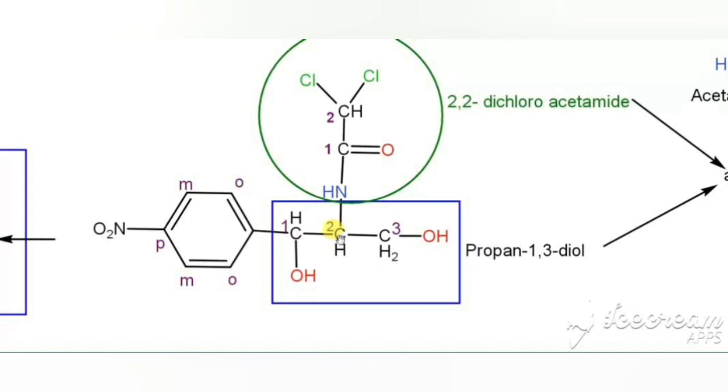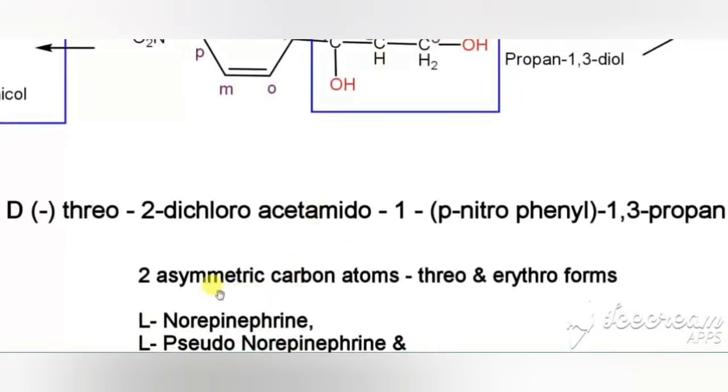Similar to that, the second carbon would also be chiral, because here one end, here one end, here one end, and here we have hydrogen. So 4 different groups. That's why this carbon is also a chiral carbon. Coming to this one, because of the presence of 2 similar groups, it is not chiral. Coming to this one, it is connected to oxygen by a double bond, so it is not chiral. Coming to this carbon, it has 2 chlorine, so 2 similar groups, and it is not chiral. So in the whole structure of chloramphenicol, only the first carbon and second carbon are considered chiral. Totally it has 2 chiral carbon atoms.